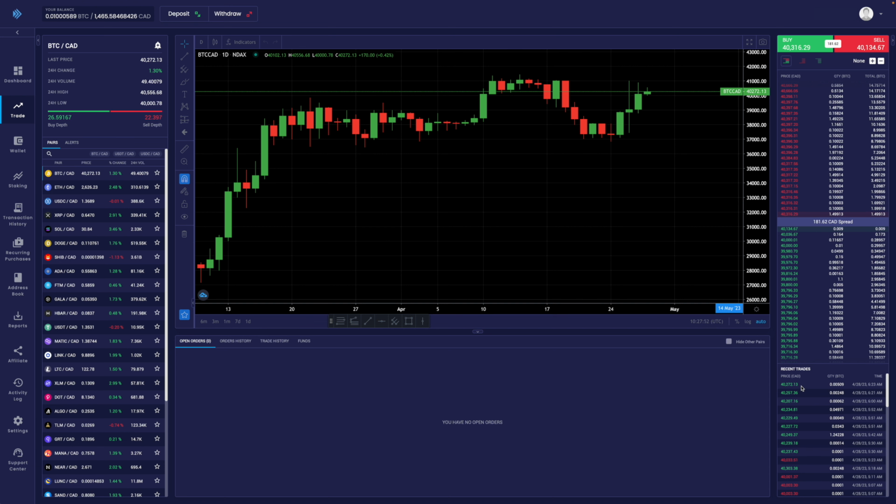Now, if they're in green, it means that someone bought at this particular price. If it's in red, it means that someone sold at this particular price. It'll tell you the quantity that was either bought or sold. So now that you understand what this is all about, let's take a look at how we can actually place